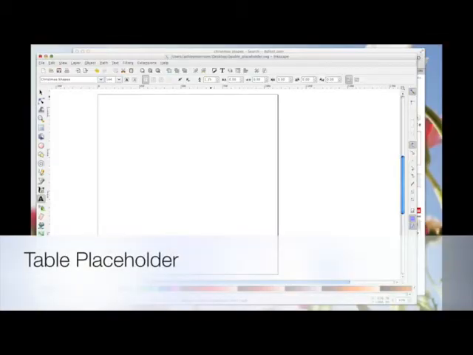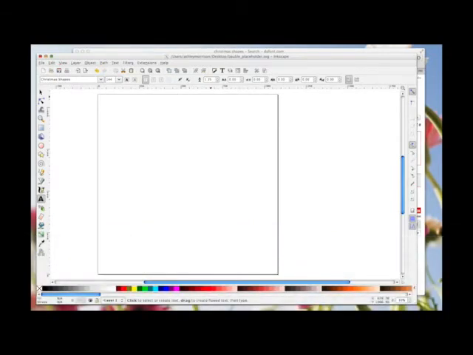Hi, in this video I'm going to show you how to make some little placeholders for a table setting, and I'm going to do them with a Christmas theme. So I'm going to use Inkscape, and I've got the page open already, and you could do this with any cutting file, any shape that you can turn into a cutting file, but just for this particular